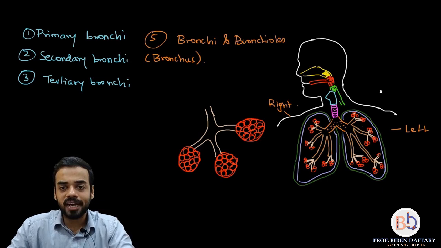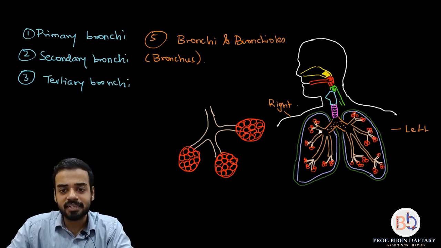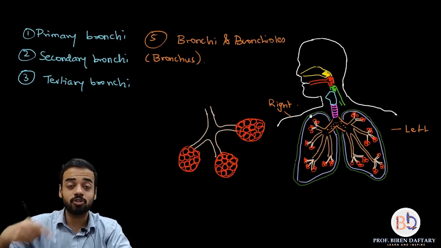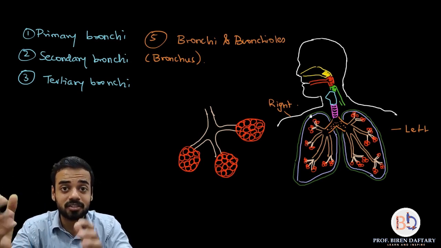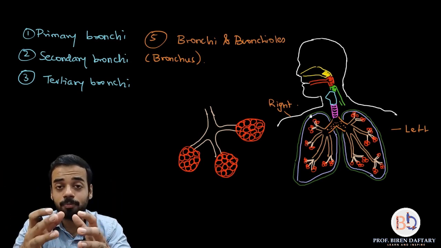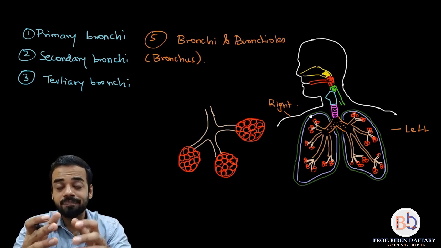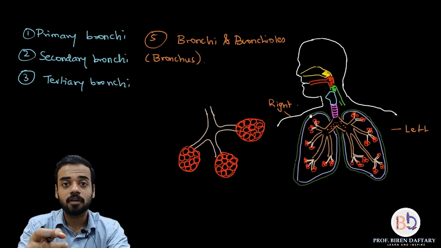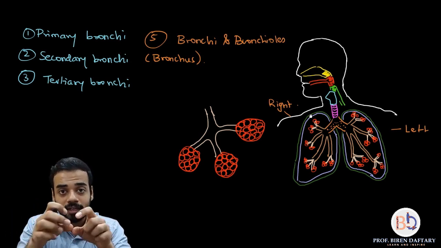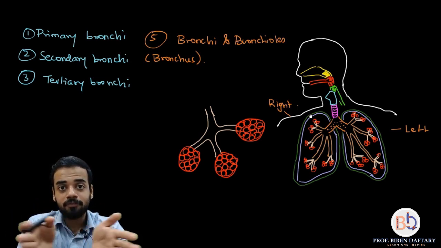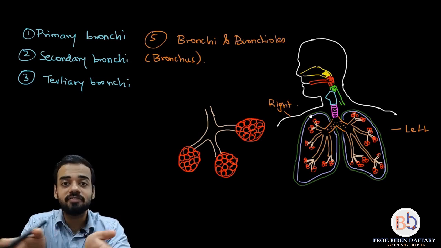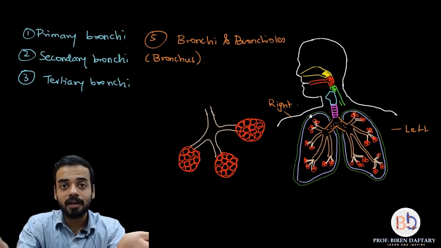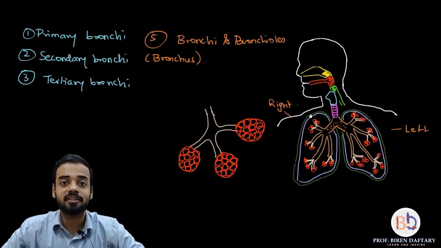So the air is going to pass through the trachea, primary bronchi, secondary bronchi, and tertiary bronchi, and as you go on dividing the structures further, they become smaller. I hope you are getting my point. Up till the trachea, the respiratory system was like a single pipe, but from the primary bronchi, the bifurcation started. Bifurcation means division, so two parts, because each one had to enter a separate lung.